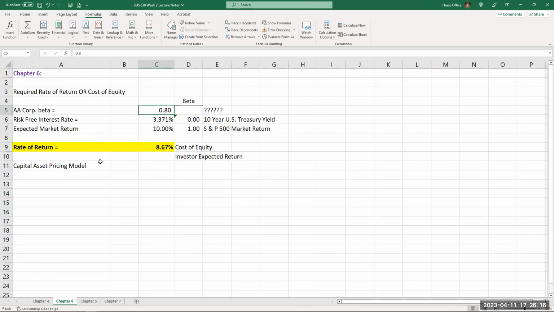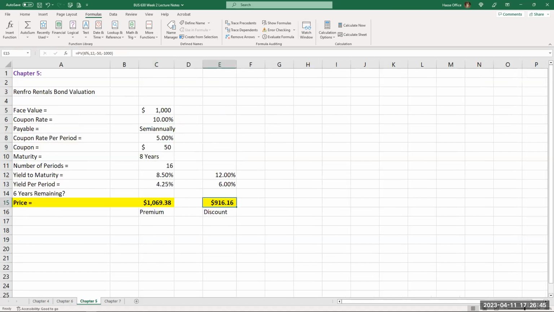You'll be doing this calculation plus others in your case for your company next week. You've already calculated the beta of that company in your week 1 discussion. I will give you the risk-free rate. I will give you the expected market return. Your job is to tell me what is their current cost of equity, or investor expected return. That's one of the calculations you'll be doing next week in the case.